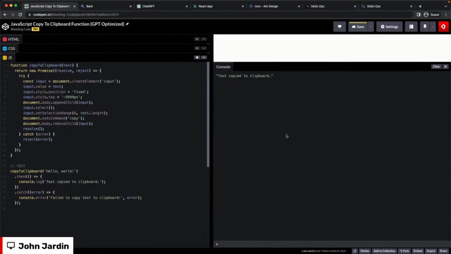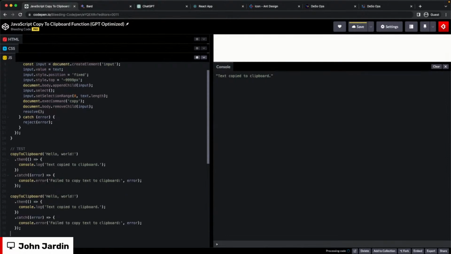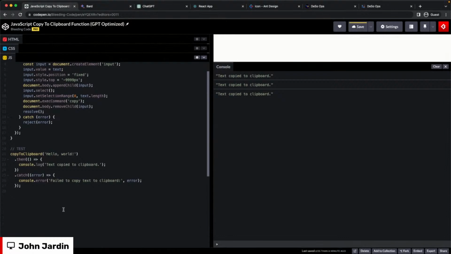Okay, so if I paste, it can work. Let me think. Copy to clipboard. Okay, so hello world. That should actually run. All right, so